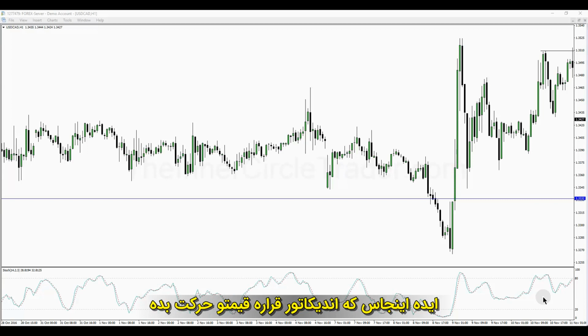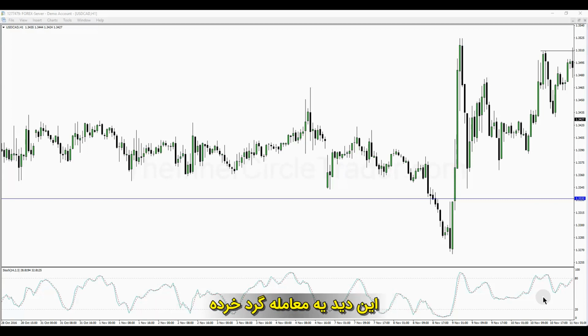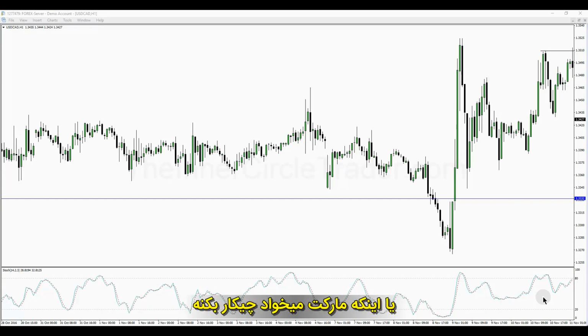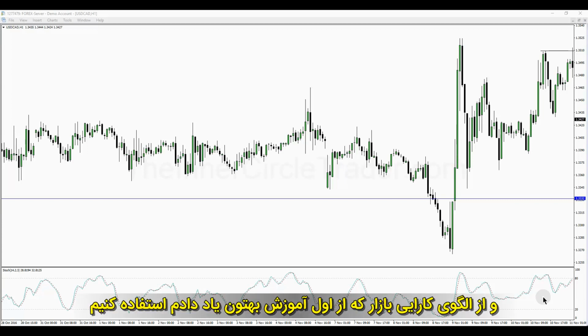The idea is the indicator is going to drive price. As a retail trader, that's what we think, and it's not the case. The indicators don't have any reflection whatsoever about what the market's going to do next. Price has no awareness of our indicators, but we can reverse engineer that thought process and use that market efficiency